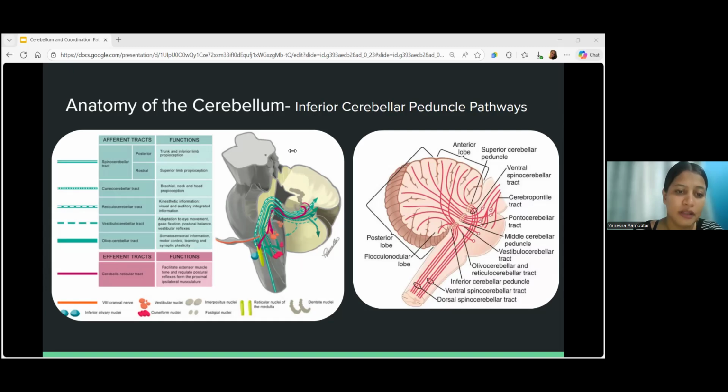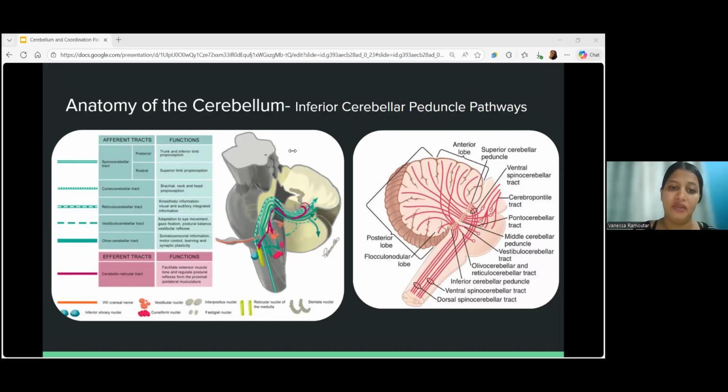The olivocerebellar tract takes proprioceptive information and it's carried to the spino-olivary tract to the contralateral olivary nucleus, then crosses over that level to the contralateral cerebellum. The reticulocerebellar tract is all sensory information from the body goes via the reticular nuclei of the medulla to the